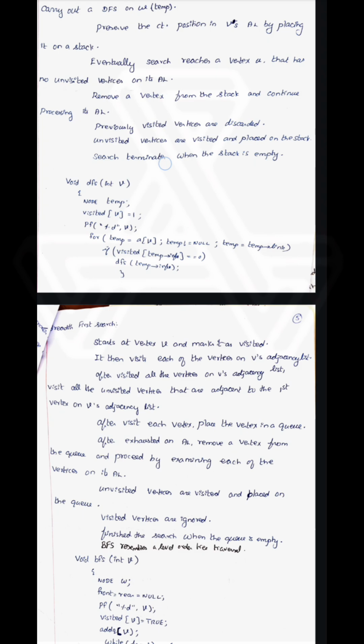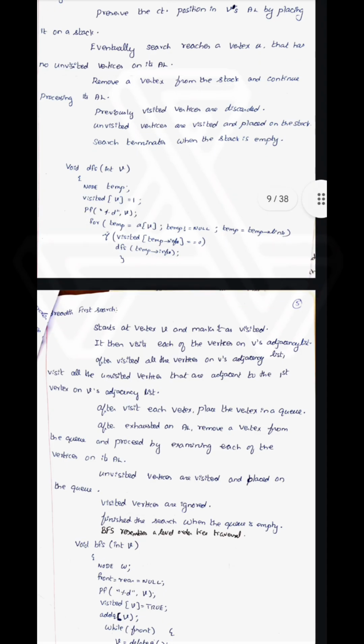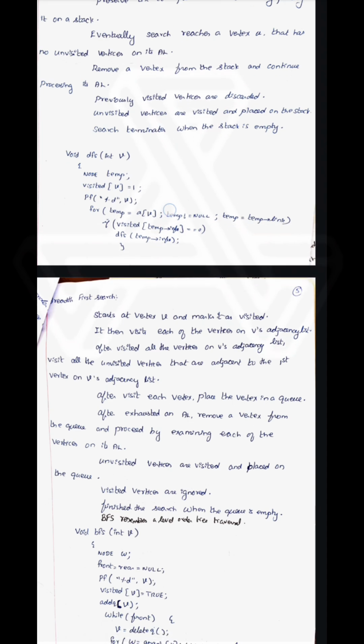void dfs(int v): visited[v] = 1; printf("%d", v); for (temp = a[v]; temp != NULL; temp = temp->link) if (visited[temp->info] == 0) dfs(temp->info);